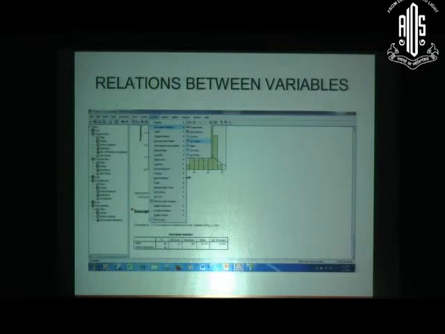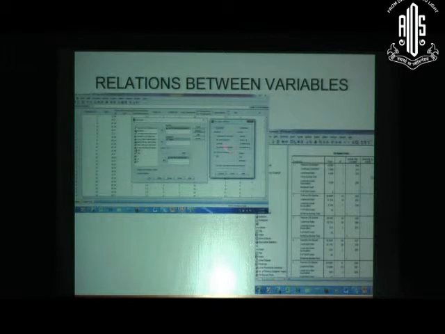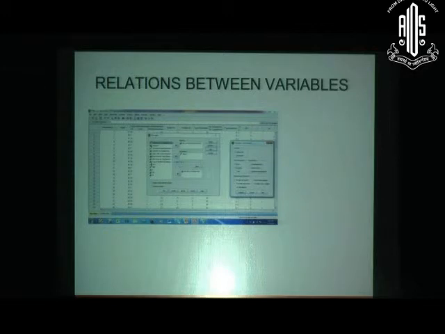Primary nuts and bolts course, we're looking at how to do it. Go to analyze, go to descriptive statistics, go to crosstabs, and you can pick up correlations and goodness of fit tests here. So correlations, different types of correlations exist. You pick up your R value. 0 means no correlation. Plus 1 or minus 1 is full correlation. So you can do it here, and after doing all this, you can go back and do some post hoc